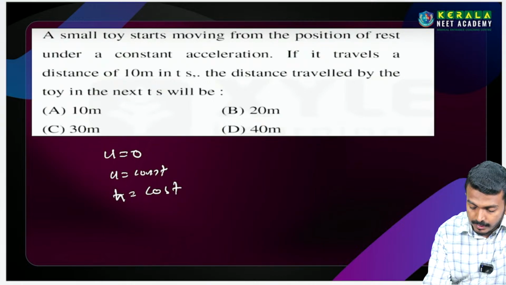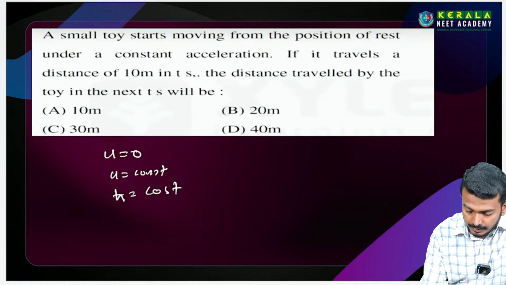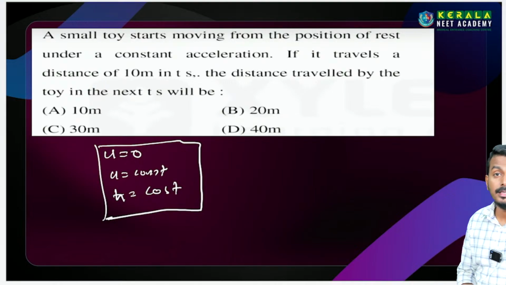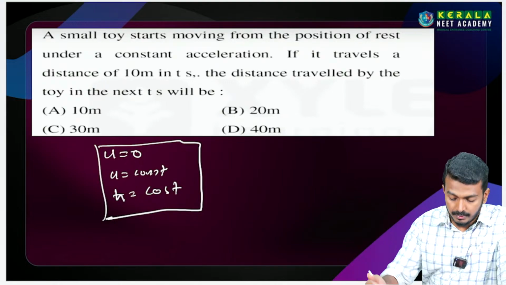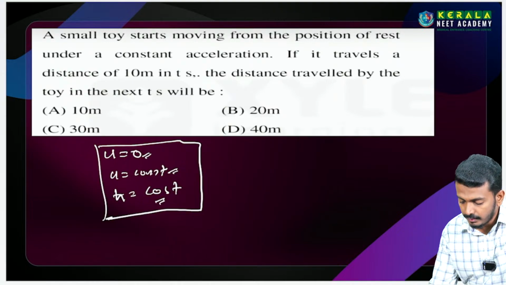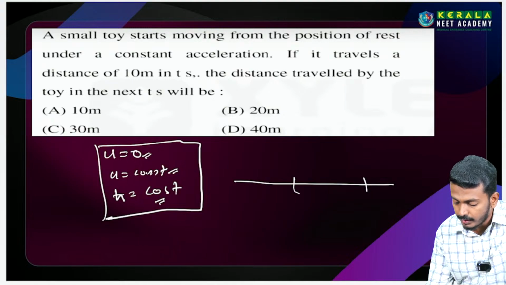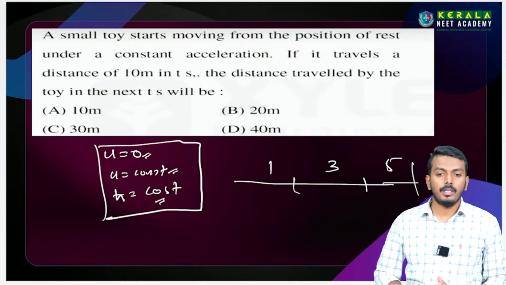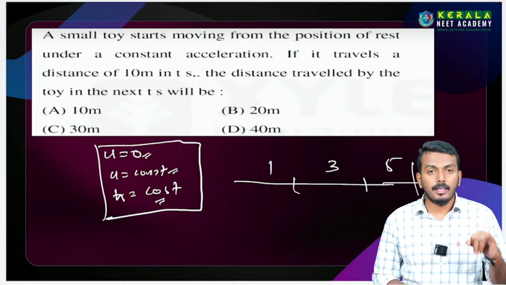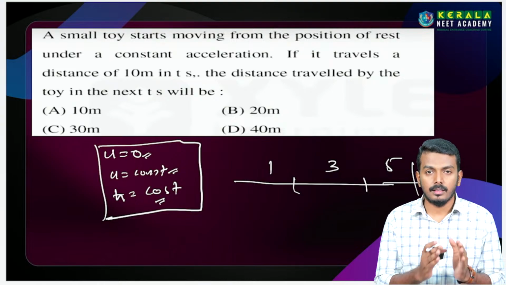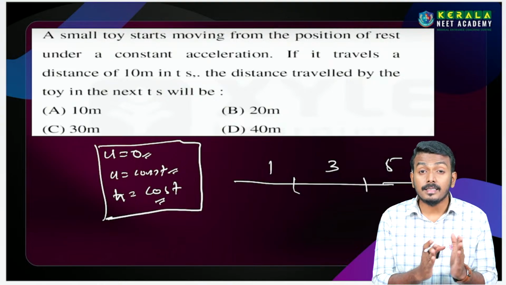These are the basic conditions for applying what? Galileo's law of odd numbers. What are the conditions required for applying the shortcut of Galileo's odd numbers? The body must have initial zero velocity, constant acceleration, and equal time intervals. The distance travelled by the body is in what ratio? 1:3:5:7. This is the ratio. The conditions are: initial velocity of the body is 0, acceleration constant and time interval constant. Then you can apply the concept for the distance travelled by the body.